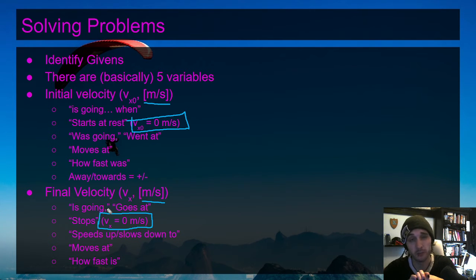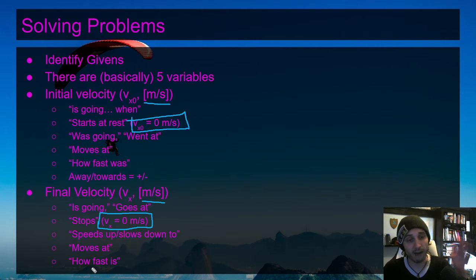Final velocity would also be moves at either of those, depending on whether or not parts of the problem are. If parts of the problem are in past tense, the present tense will be the final velocity. If parts of the problem are future tense, the present tense will be the initial, and the future will be the final. If it's asking how fast is something going currently, how fast will something be going, anything like that,